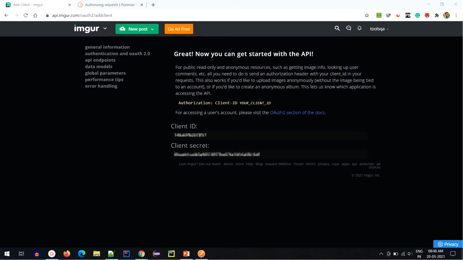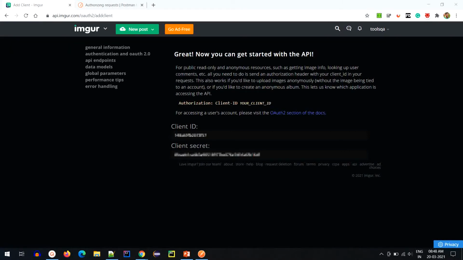After we register Postman as an OAuth user, we get a client ID and client secret. Now note that these are not to be shared with anyone and are unique to your client. Using this client ID and secret, the Imager website will know which OAuth client is trying to use it.